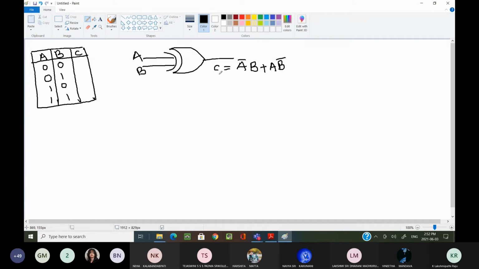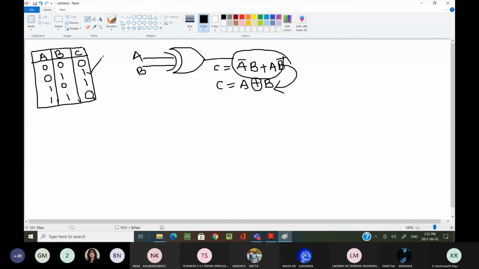How I am writing this logical expression, or we can also write it as a symbol. We have a symbol for XOR: A XOR B. Directly we can write it as A XOR B. That means this is the XOR symbol. Wherever you see this kind of expression between two variables, you can write it in this way. This is the shortcut notation. Now, if both are zeros the output is 0; if an odd number of ones, the output is 1; with an even number of ones, the output is 0.